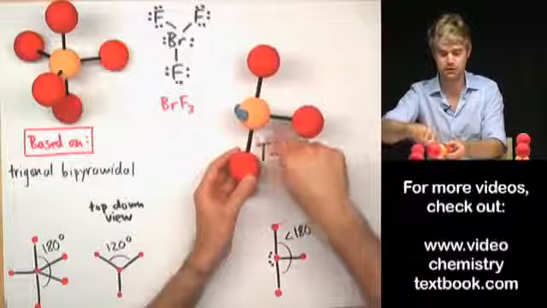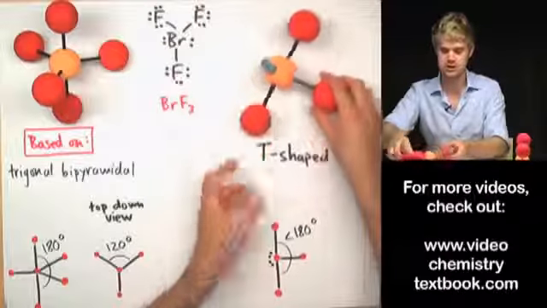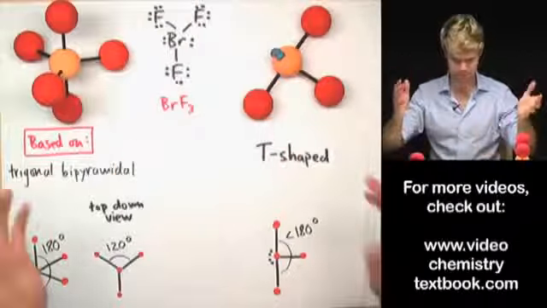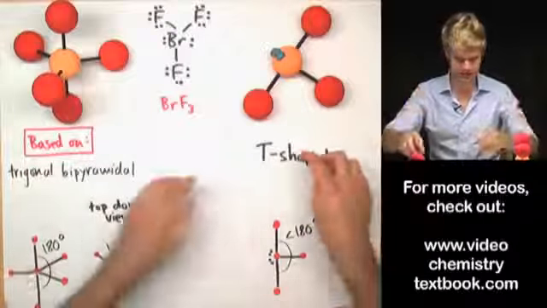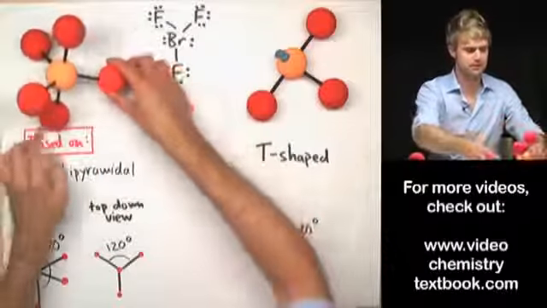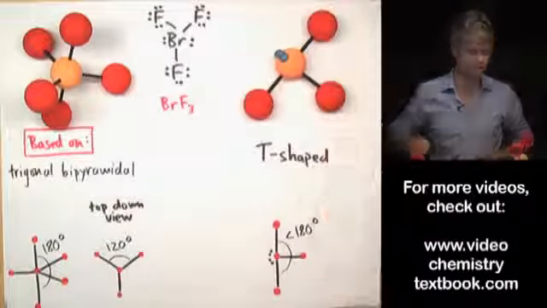So these are both less than 90 degrees, and then this whole thing from here to here is going to be less than 180. So that's what BrF3 looks like, a T-shaped molecule, because two of these equatorial atoms from the molecule that it's based on have been replaced by lone electron pairs. Okay,